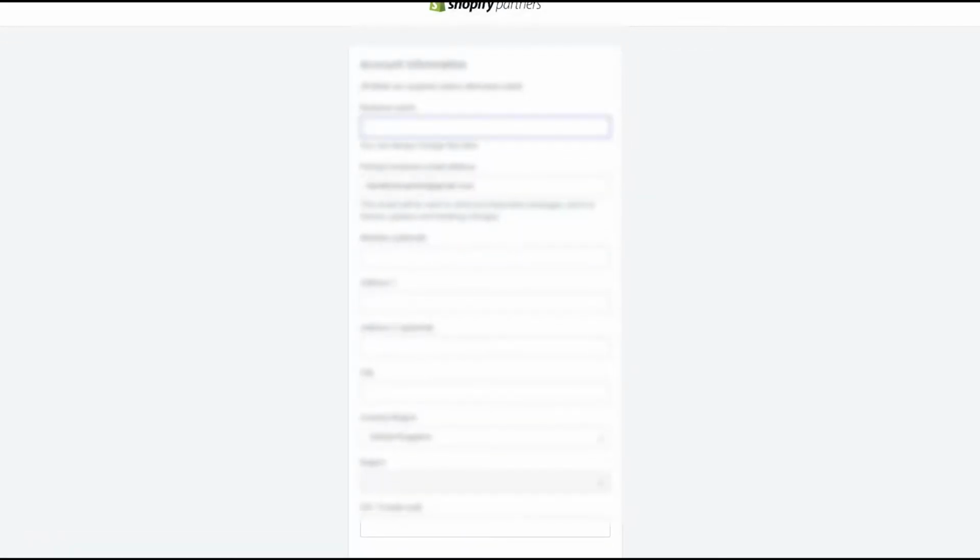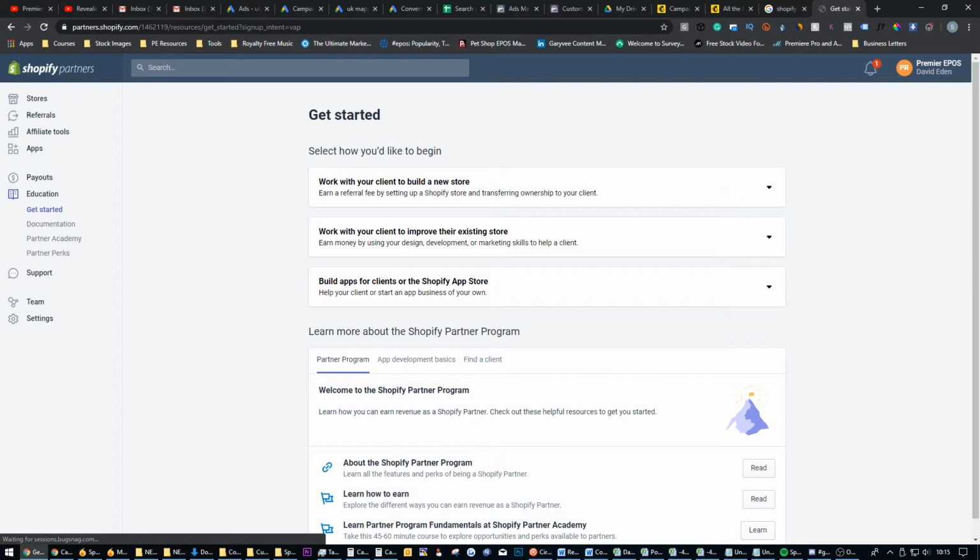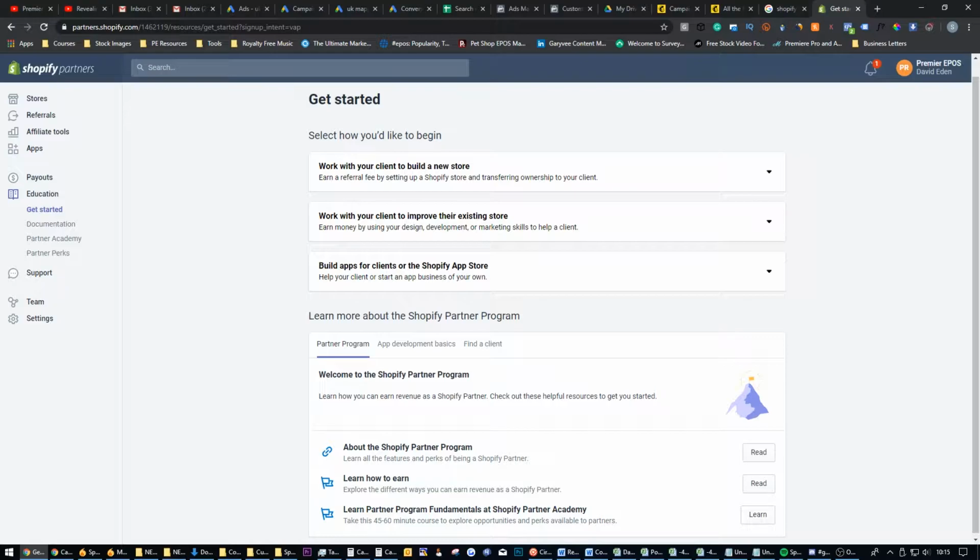After that, you'll have another option where you have to fill in slightly more details. Again, just fill in all these boxes very quickly. We've blurred out our personal information just for privacy reasons. After you've gone to the Get Started page, the first step will be to verify your email address. So just go to the email that you filled in previously and click the email from Shopify to verify your